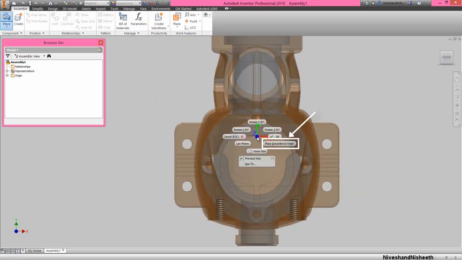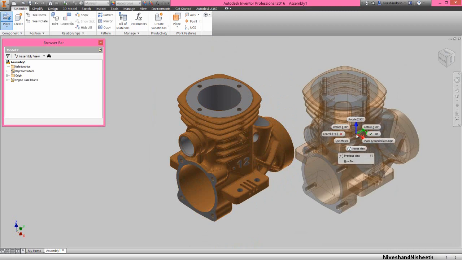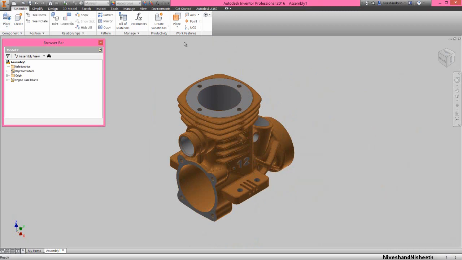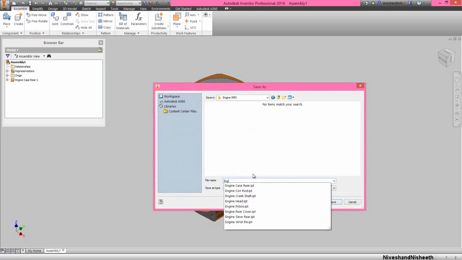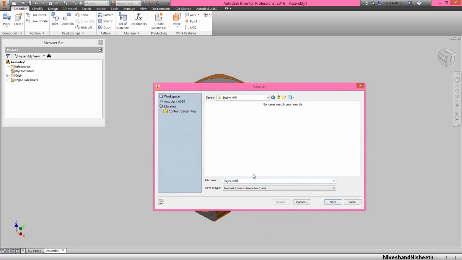Right click and choose place grounded at origin option from here, and place the part in this assembly. Now we will save this assembly with the name engine MKII assembly. Alright, click save.